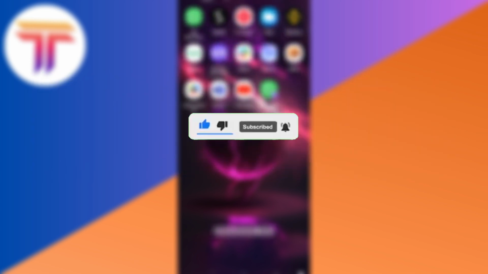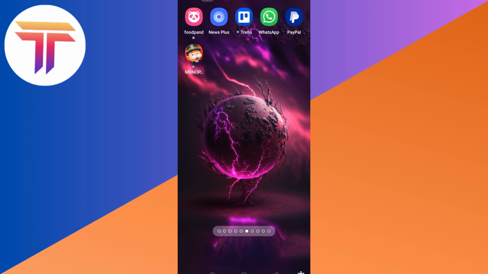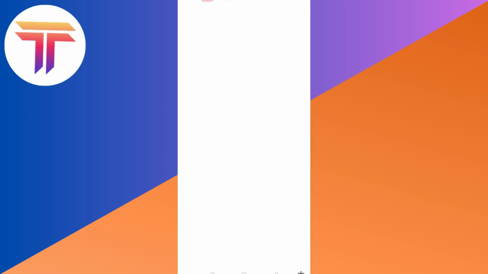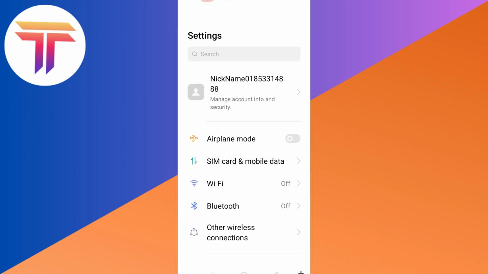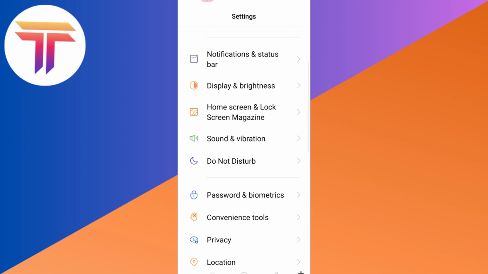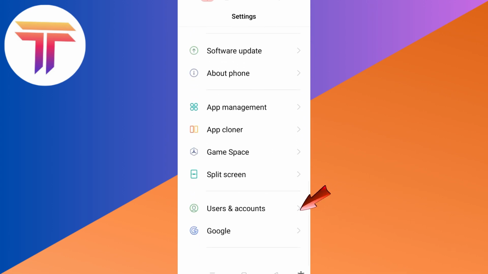So let's get started. First, you have to go to your phone settings, or you can swipe down and look for the gear icon. And what you're going to do here on your phone settings is simply scroll down and look for your Google account. So every Android has different options and features, but in my case, in my Android, I